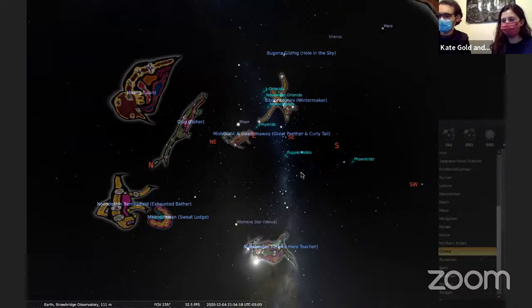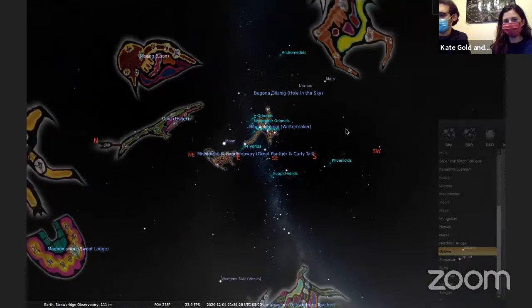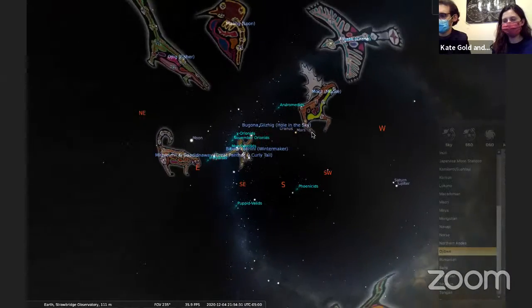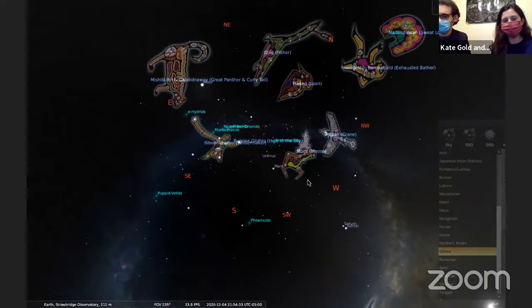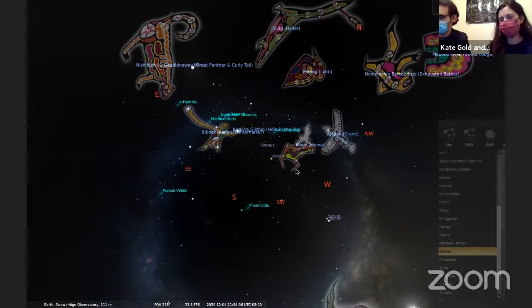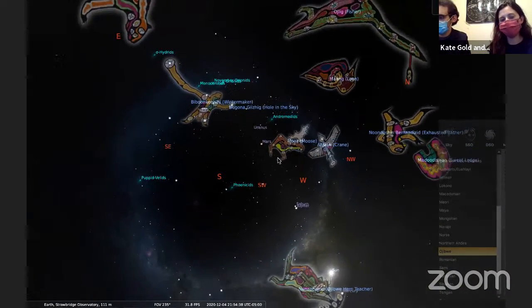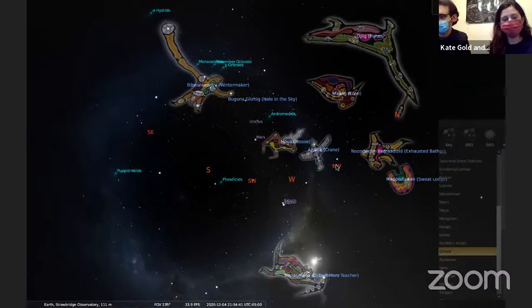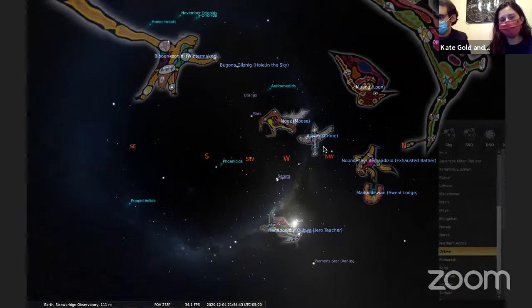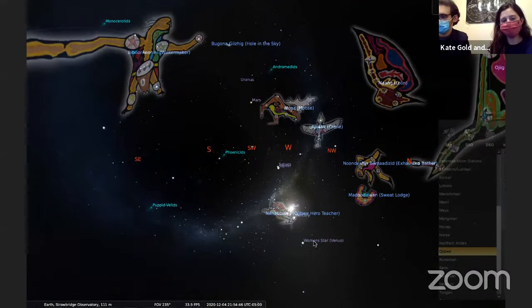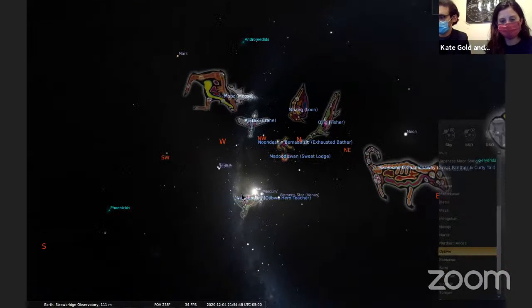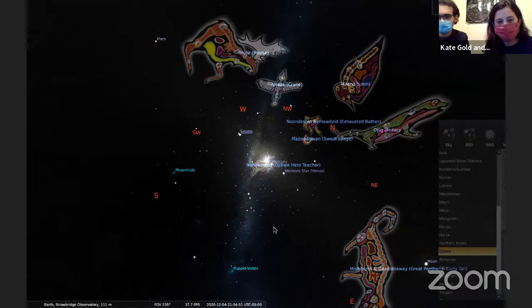I was not using this before, but I can zoom the field of view out a little bit and see things as a broader part of the sky. And when we zoom out to more of a sky chart, we're able to see the North Pole or the South Pole, depending on which hemisphere we're looking at, in the center, and then the horizon going around the edges. And I believe Miranda wants to share something about a constellation.